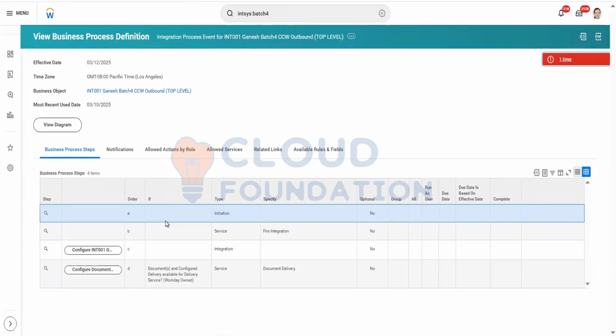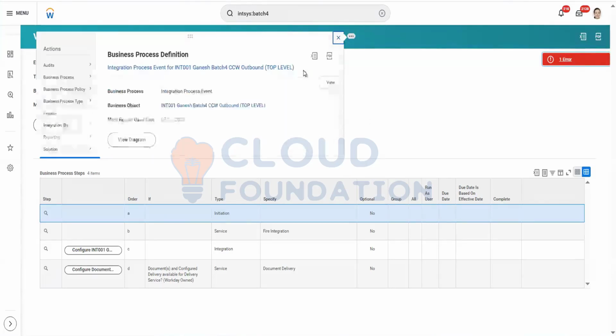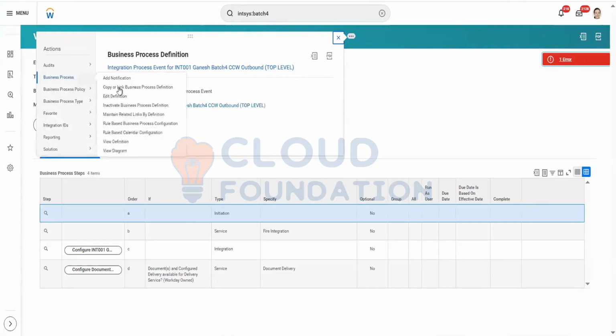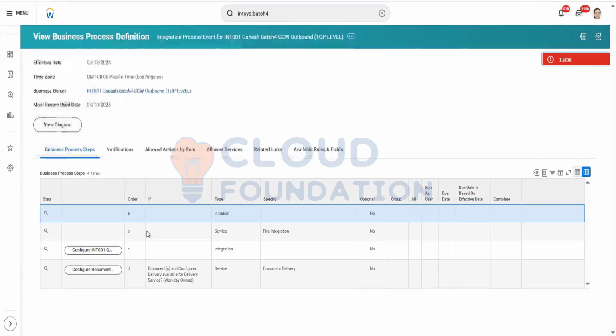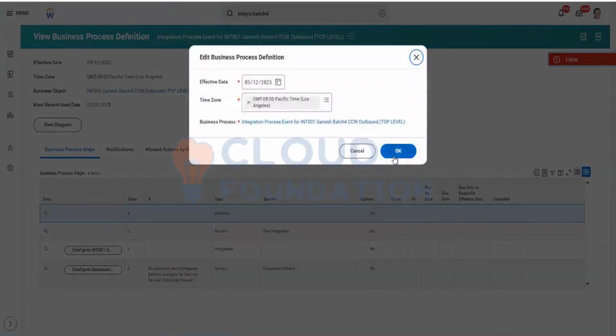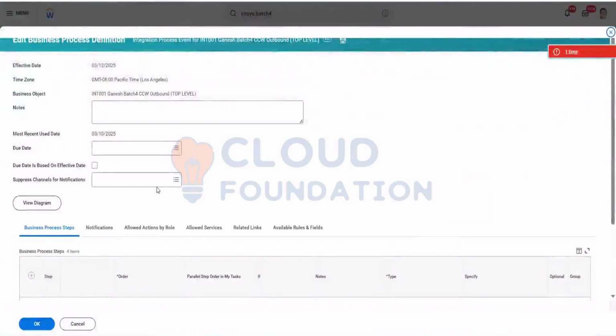You understood or you don't understand? So let me just edit this one. Let's say this integration is consuming data as well as generating the data, just an example I'm giving. This integration is consuming the data from another system, then processing the integration, doing the transformation, and generating the data as well. This integration is doing everything, just for example. Then what I'll do is